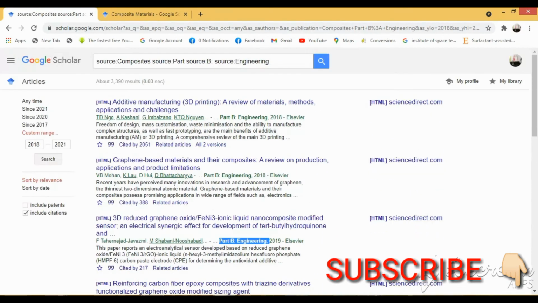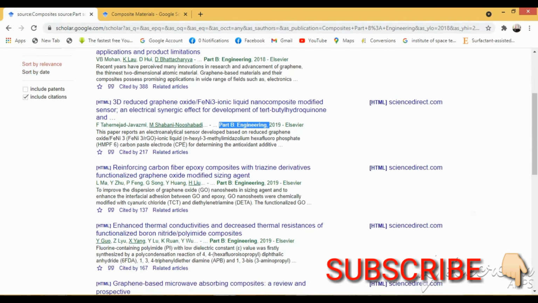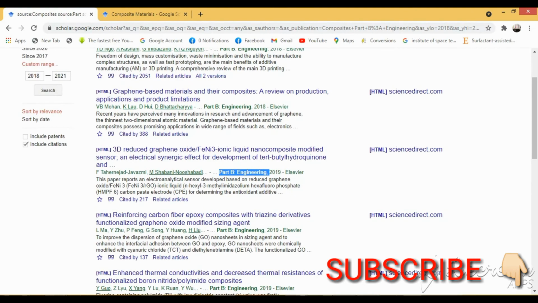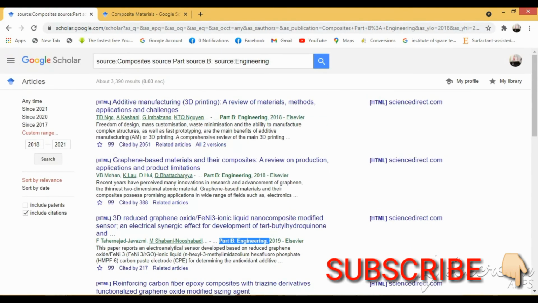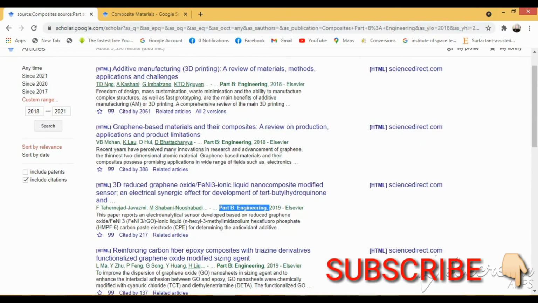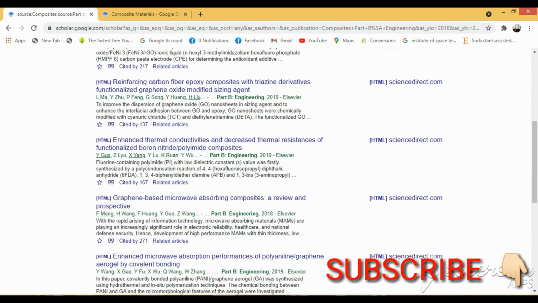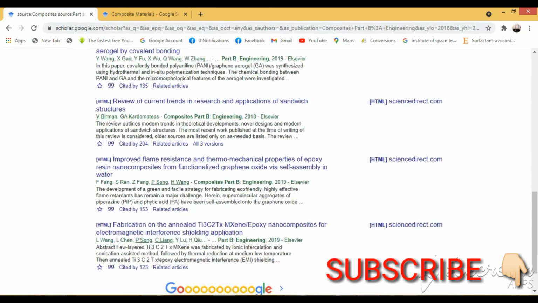You can download Part B Engineering articles according to your field, according to your subject requirement, research paper. So let's see, I will review by scrolling for my required research paper.